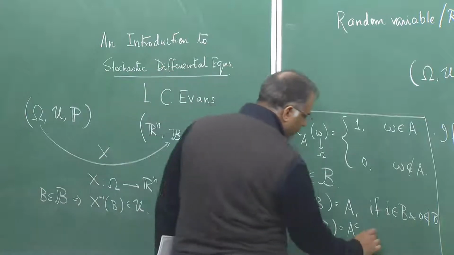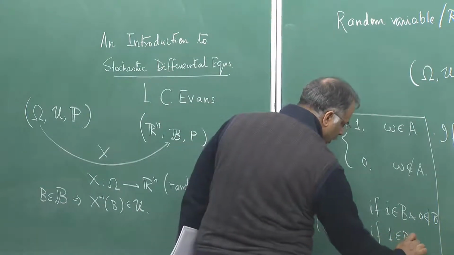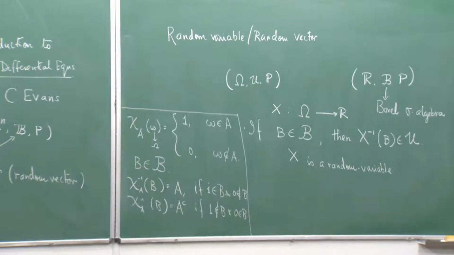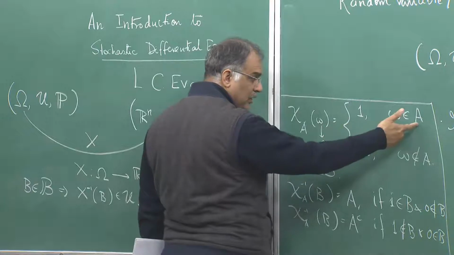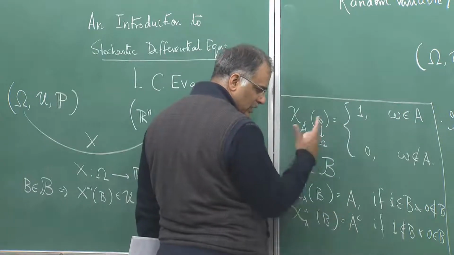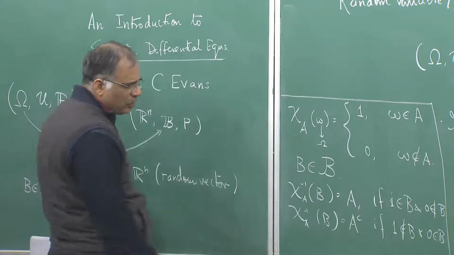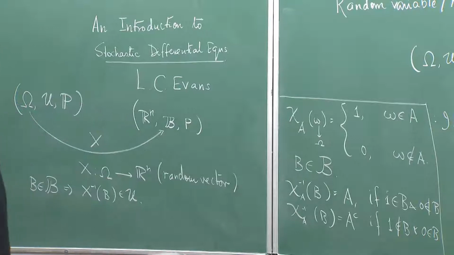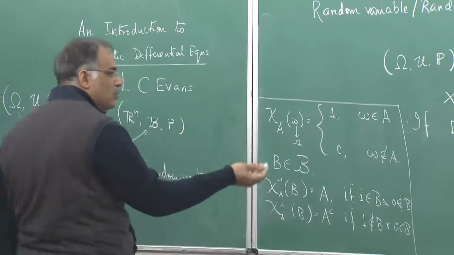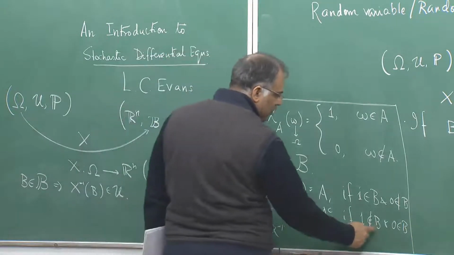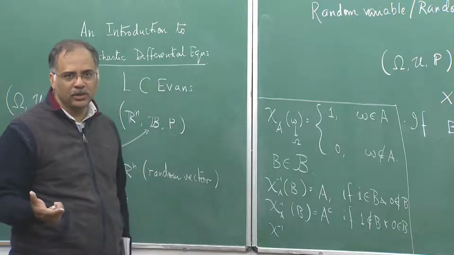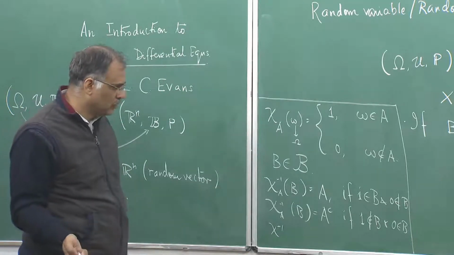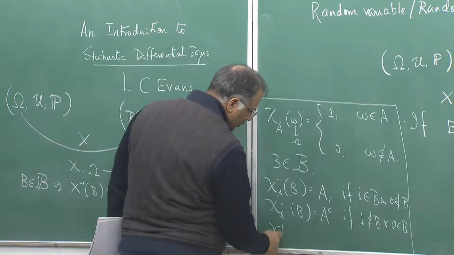It will go into the complement of A if 1 is not in B and 0 is in B. A is of course an event, this is in U, hence since U is a sigma algebra, A complement is in U. Similarly, you can talk about what happens if both 1 and 0 are in B. Then it will become A union A complement, and that is also again in U. And whichever way, if 1 is not in B and 0 is not in B, then it is the empty set, the complement of A union A complement. So, that will again be in the sigma algebra. So, you can try out the cases.